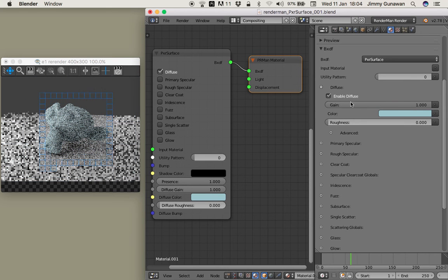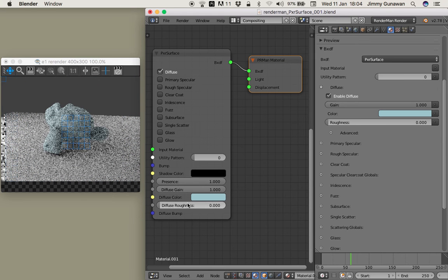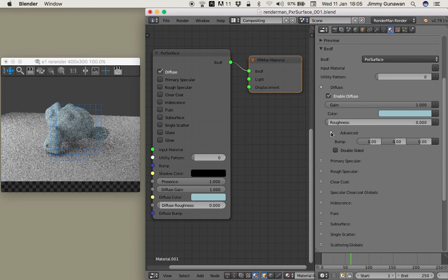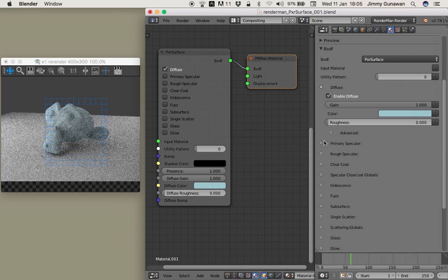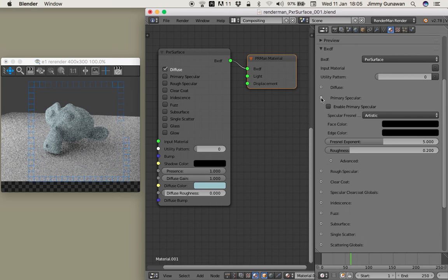So this is what you get: gain, color, and roughness. You got it also done here. So diffuse color, roughness, diffuse bump. So there's that option here. I'm not gonna do too much with the diffuse. We can quickly go to the next one, primary